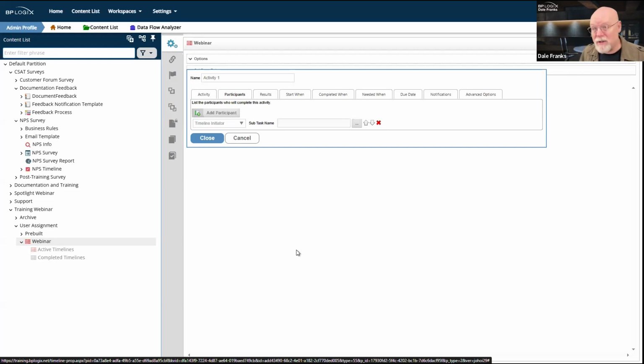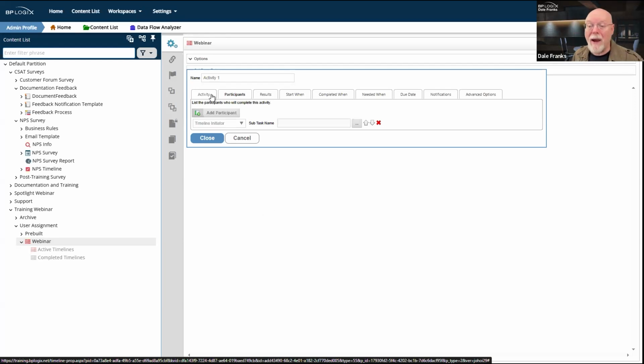Now, in many ways, the user task or the user activity are, from the end user's perspective, indistinguishable from one another. Because if I complete my task by hitting a task completion button on the form, that completes the activity too. So the task and the activity are in many ways synonymous. However, for a user task, the task is a separate object from the activity. So a timeline may have many activities, and for all of those activities, only the user activities will have a task that gets associated with them.